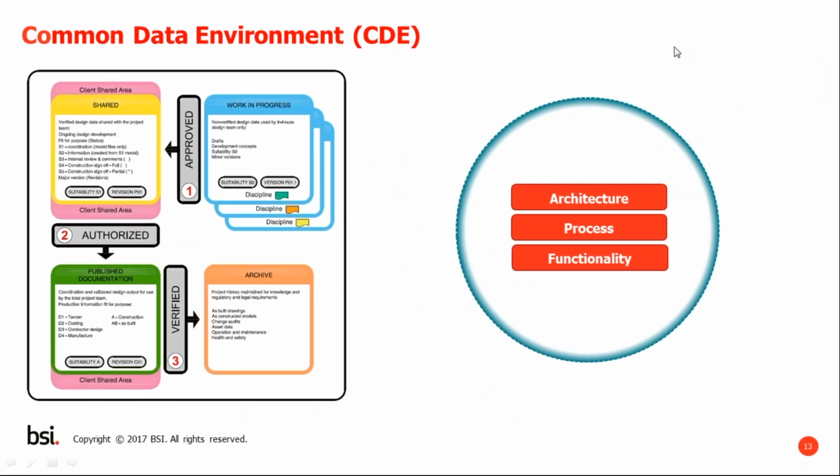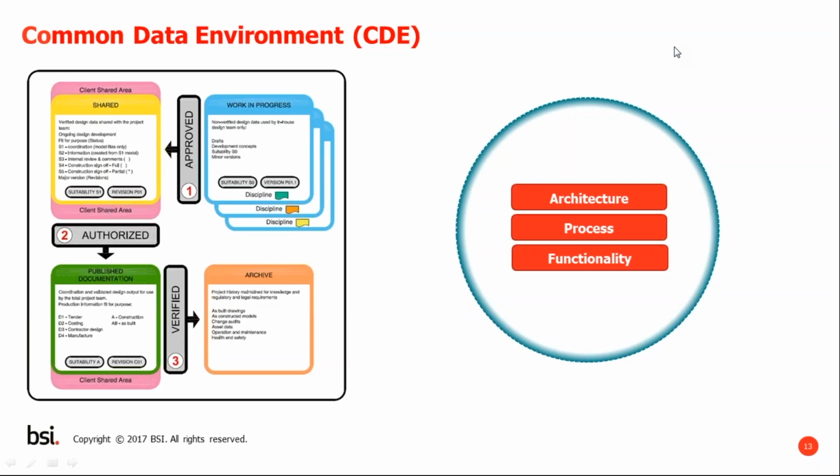So the next thing I just want to talk about is the common data environment. This is the key principle defined in BS 1192, and so the CDE, or the common data environment, is a procedure for managing the iterative development of information to achieve full coordination of the information from all the disciplines within the project and the asset management chain. So the idea is that information is trusted, that it's generated once and reused many times. That's to reduce time and costs in generation and management of that information. And it's this single source of truth.